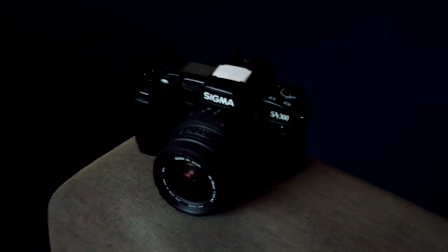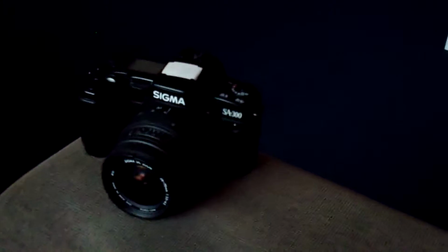Alright, so speaking of repairs, and I'm not sure if I mentioned this to you guys in an earlier vlog, but one or two weeks back I got myself this little thing. It's a Sigma SA300, an analog SLR camera. It basically just cost me €5 from a thrift store further up our road. But there are some little things that need repairing, and I'll try to show you guys what's actually wrong with